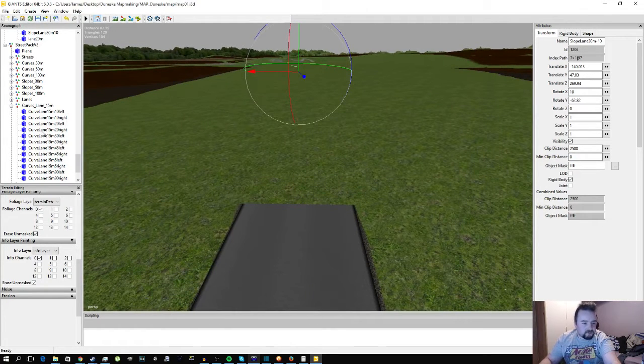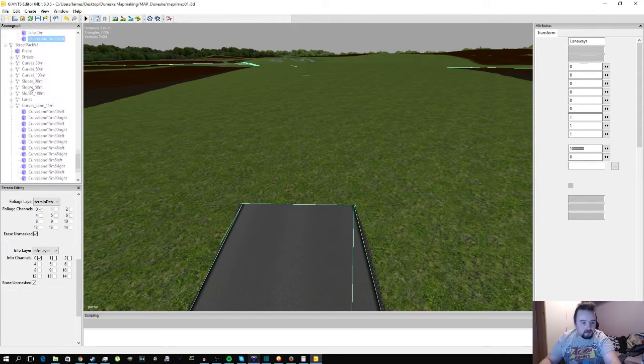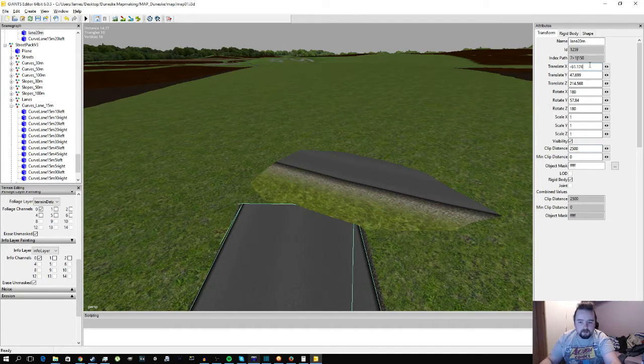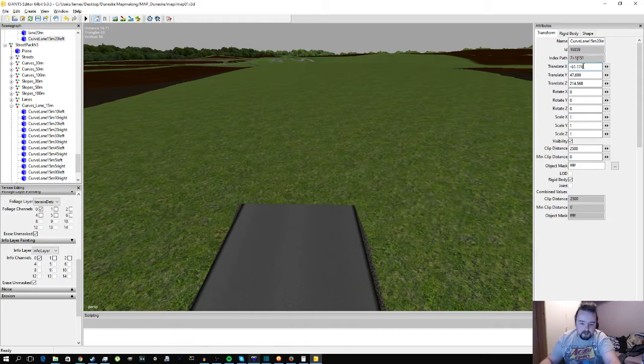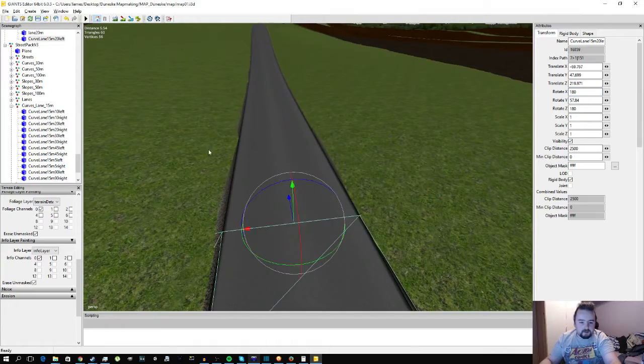Let's go for 20 degrees to the left. We'll copy that and paste it in up here into laneways. There we go. And we'll just Control Shift copy and Control Shift paste, and then Control Shift copy and Control Shift paste. So that is the curve,